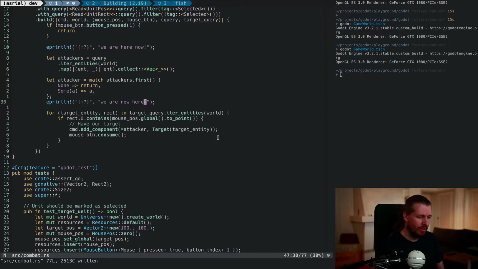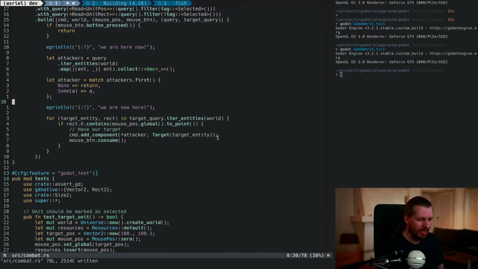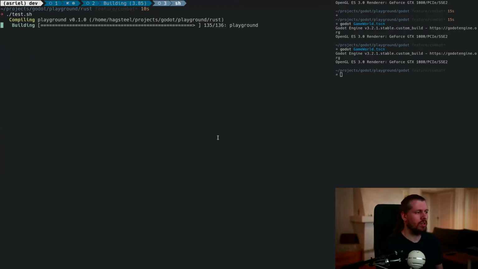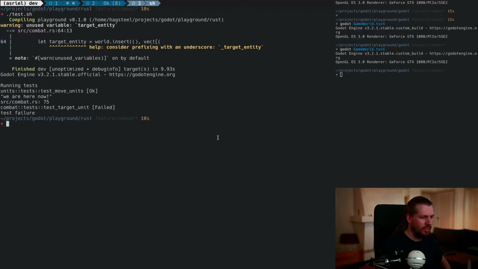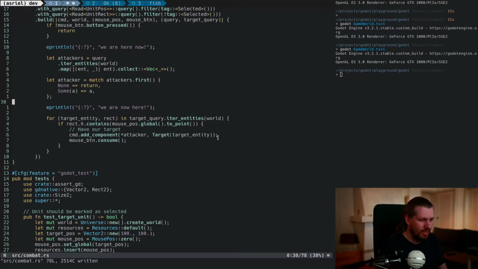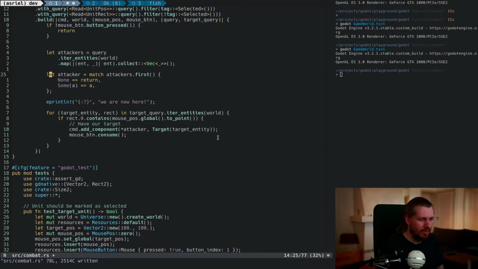Good bit of print line debugging, and so if we do see these two on screen, then we know that those bits are at least happening. So fingers crossed. We are here now, but we didn't see the other one. We are now here. Okay, so that means that we don't have an attacker,